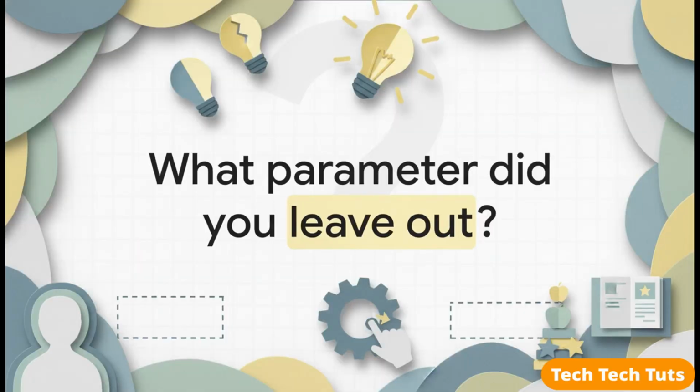We've covered a lot of really vital ground in this explainer today, so I want to leave you with a challenge. Look back at your last failed AI chat. What specific parameter did you leave out? Was it the persona, the delimiters? Did you maybe forget to include examples? Before you go blaming the machine again, go iterate on your prompt.